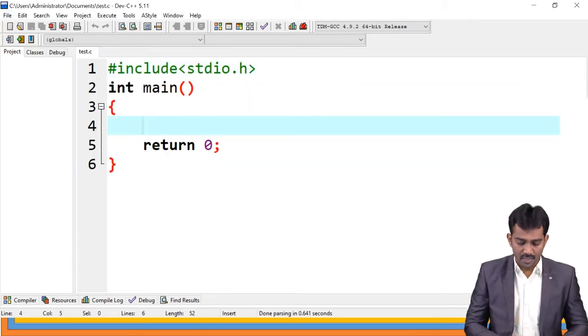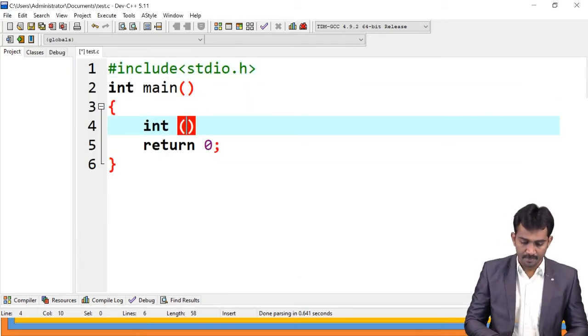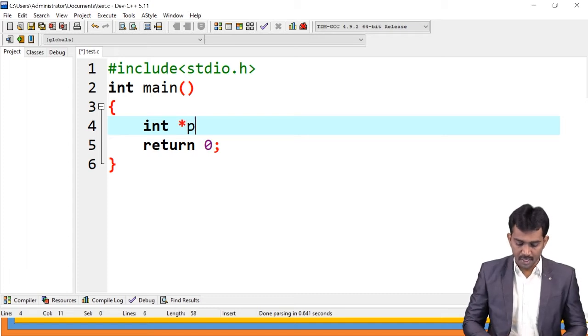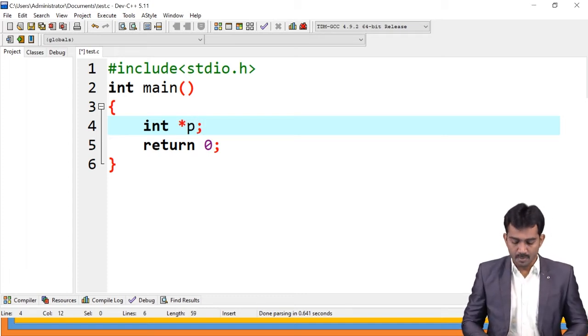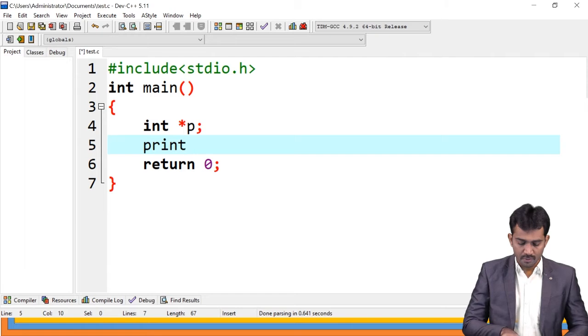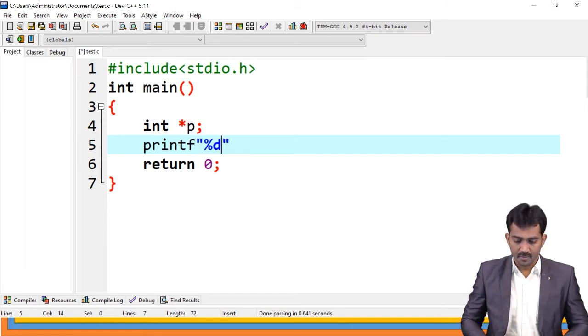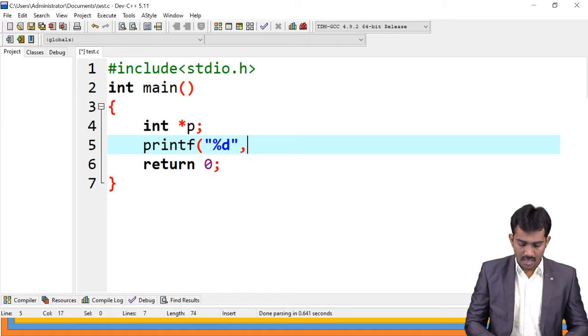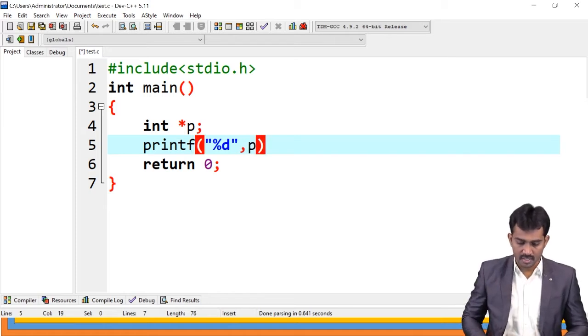For example, if you create int *p, int *p is a pointer variable, right? If you printf of %d and p, then see what is the answer here.